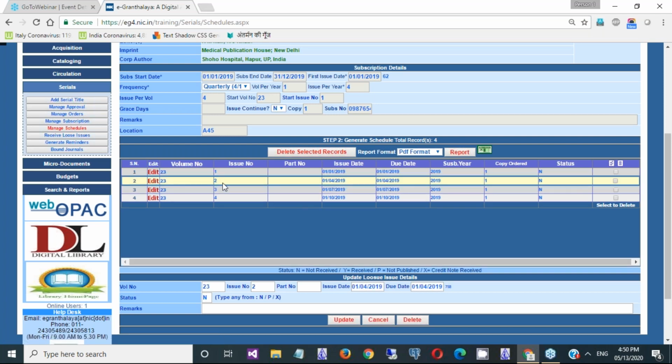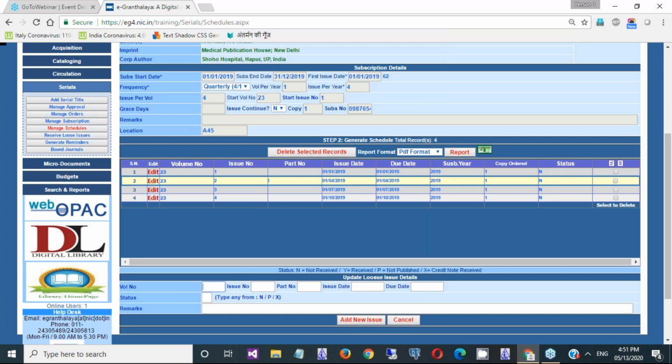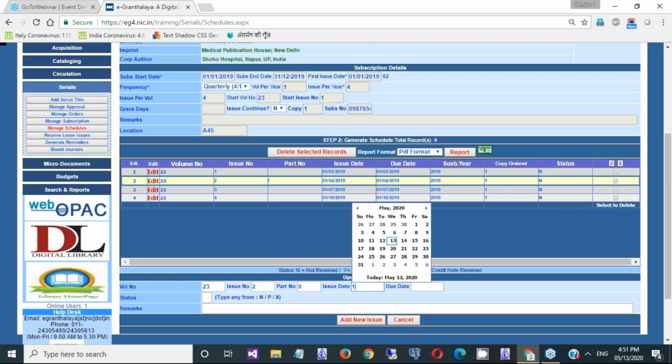For example, you select this particular issue number 2. This is part number 1, and the issue date is the same. Okay, update it. Then add another, part number 2 of the same volume, same issue, with the date 15 April 2019.